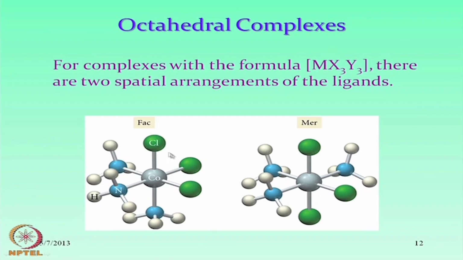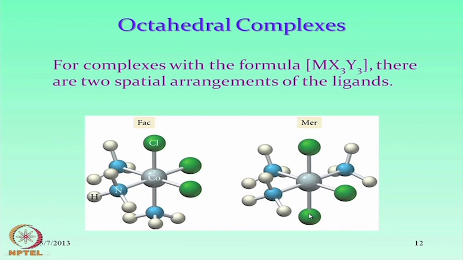So the octahedron, we all know that there are 8 triangular faces, and if one of the faces is occupied by 3 chloride groups, we will get a corresponding arrangement which is known as the facial arrangement, and the isomer is known as the FAC isomer. And in another case, what we are doing is interchanging this chloride with this NH3 group. So if these 2 are interchanged, these 2 cis positions, one is occupied by the Cl and another is occupied by the NH3. If these 2 are interchanged, we get